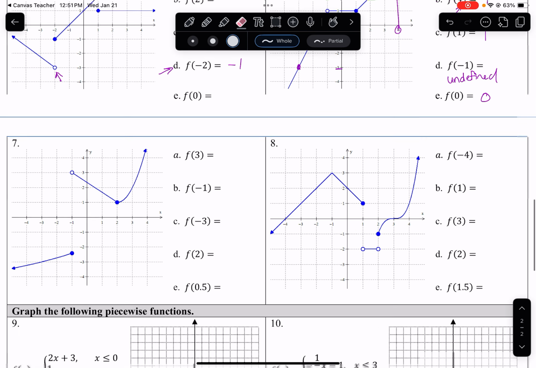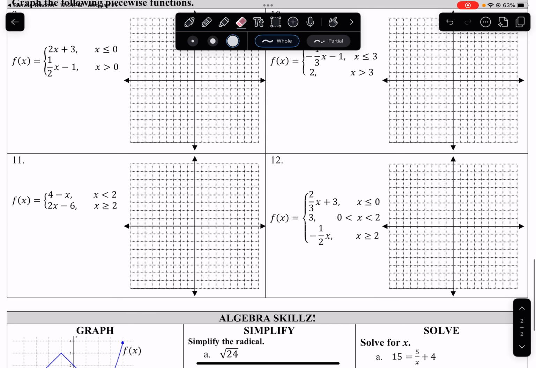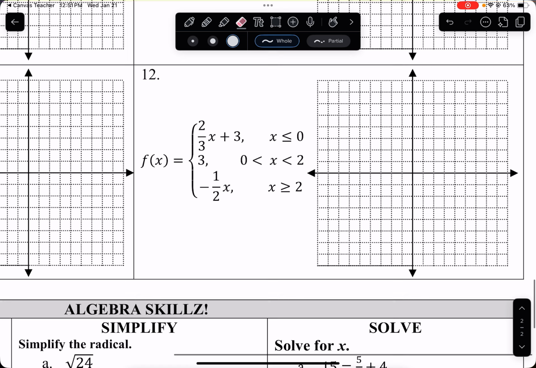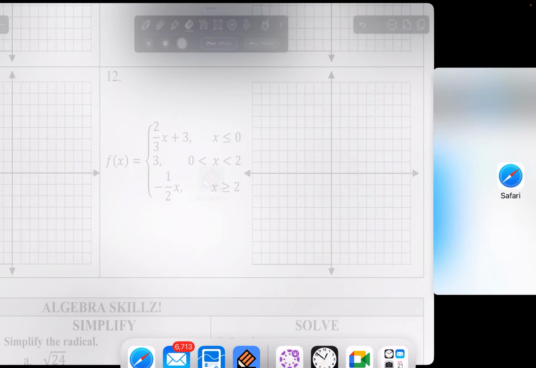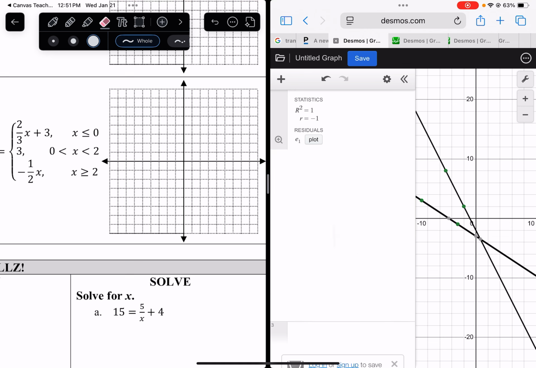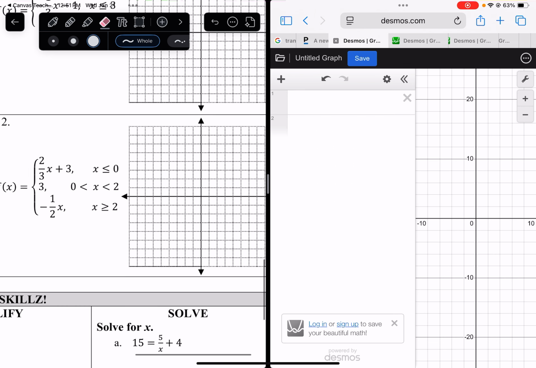All right, and then let's see. I will do number 12 here as an example. I'm letting you use Desmos to graph this, so I definitely recommend using Desmos, and honestly, I would follow along with me as I do this to make sure that you can plug this into Desmos on your own so that you can do it on the